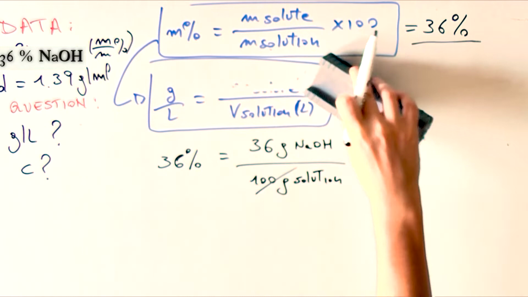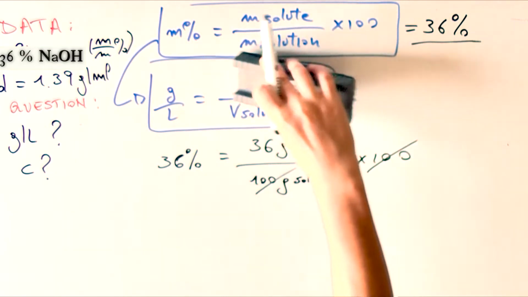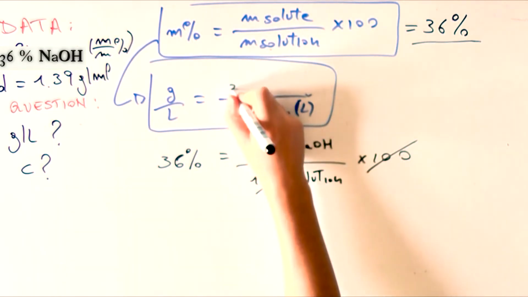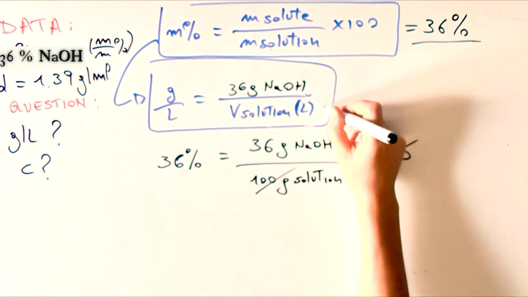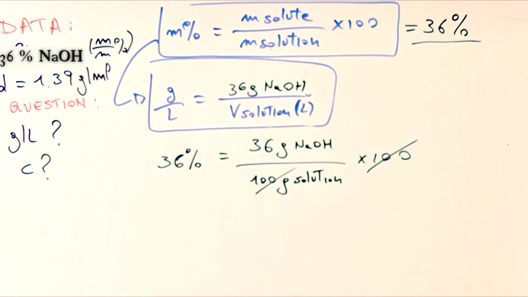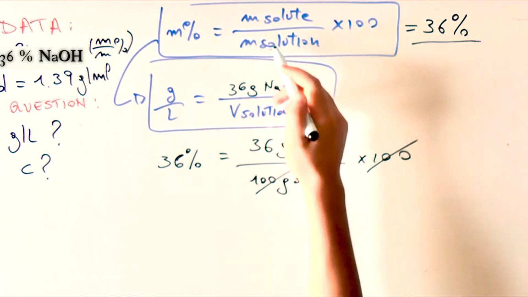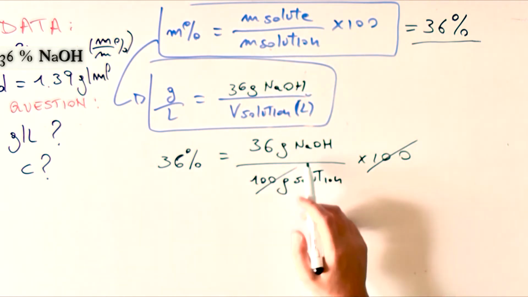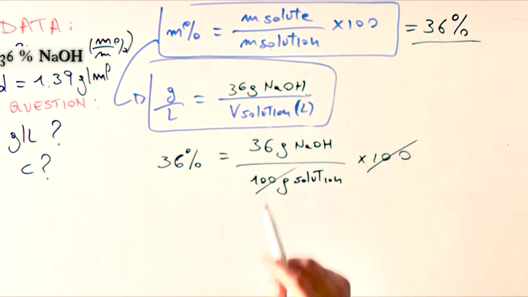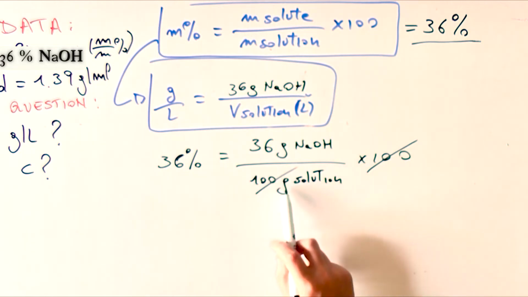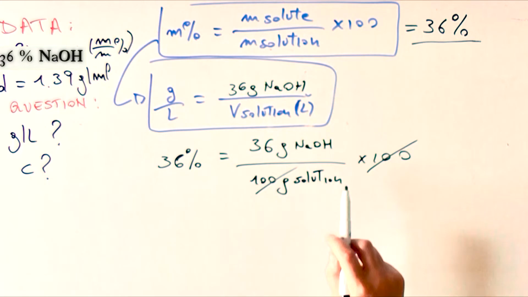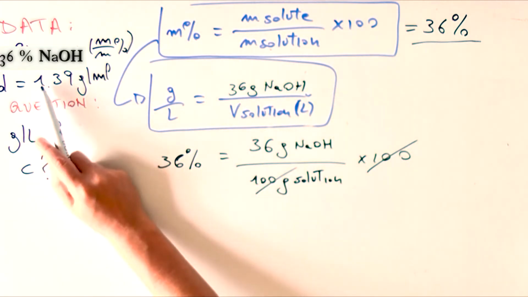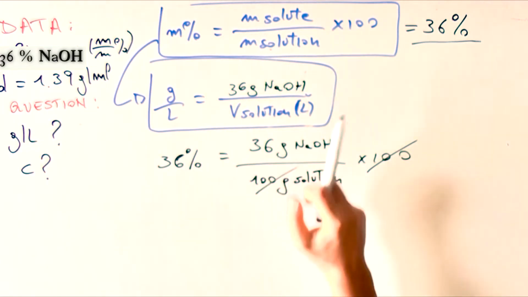Okay? Just pretend it. I have 36 grams of NaOH. And now we have only one unknown amount, which is the volume of solution. We know the mass of solution because with this trick I told you, we are considering 36 grams in 100 grams of solution. So I can consider 100 grams of solution, and through the density I can calculate the